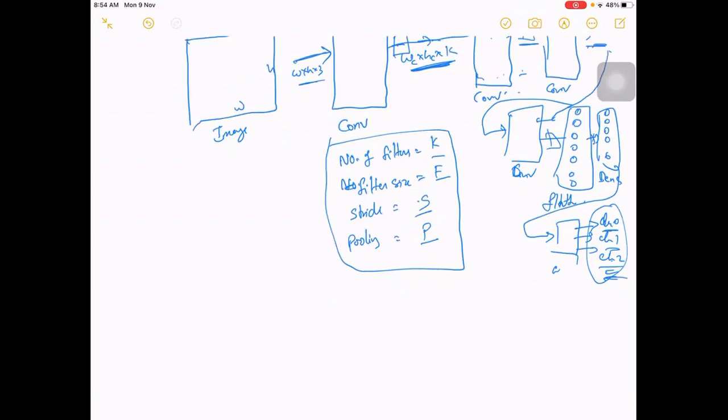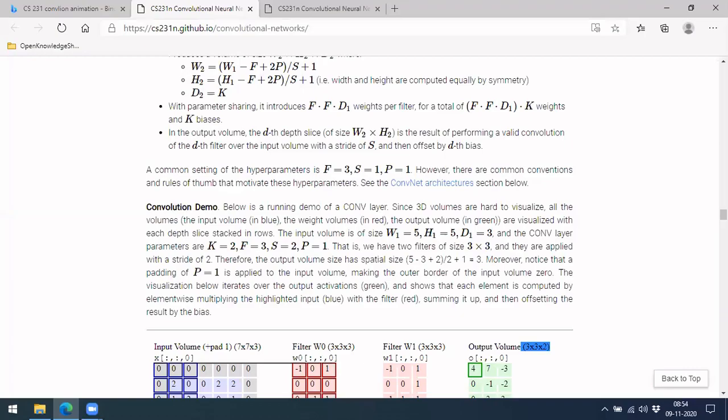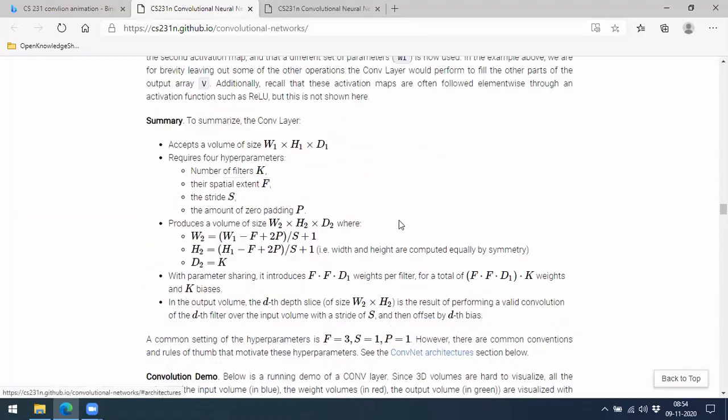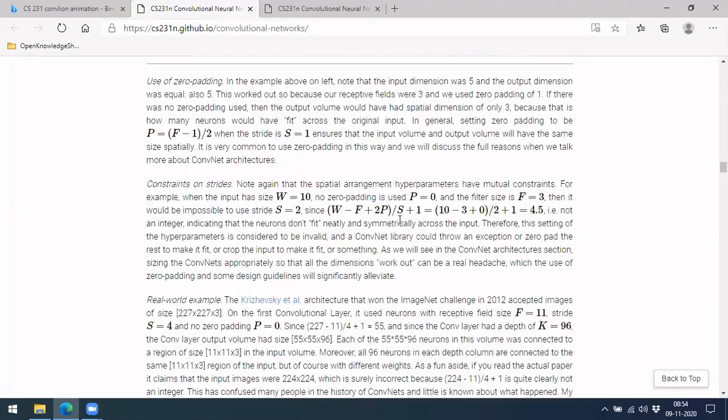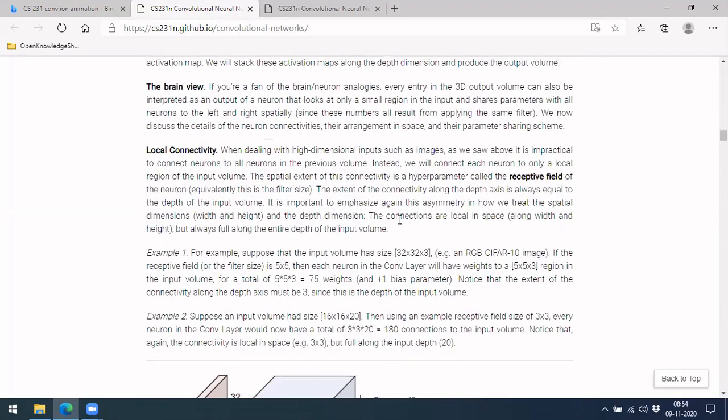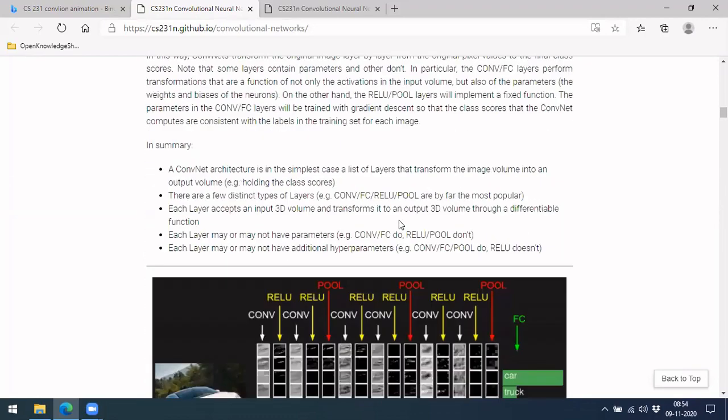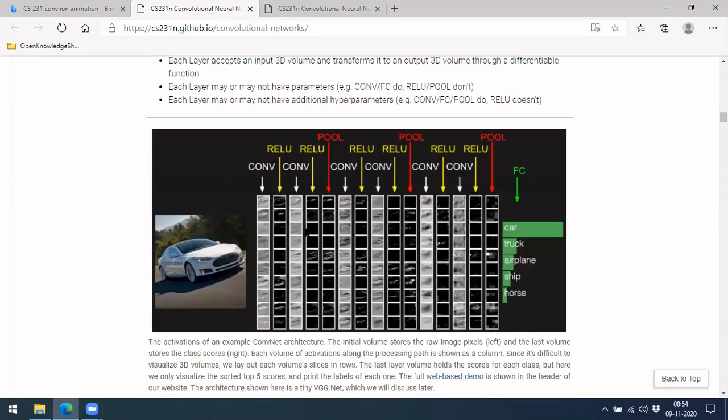Okay, so let's see. Let me jump on to the same page which we have seen earlier. So you can see this is one example of such a convolutional neural network.